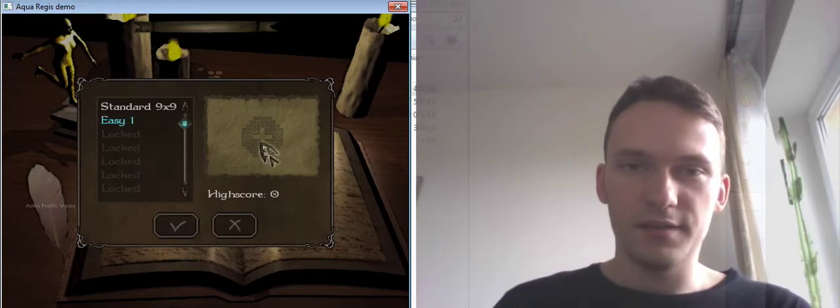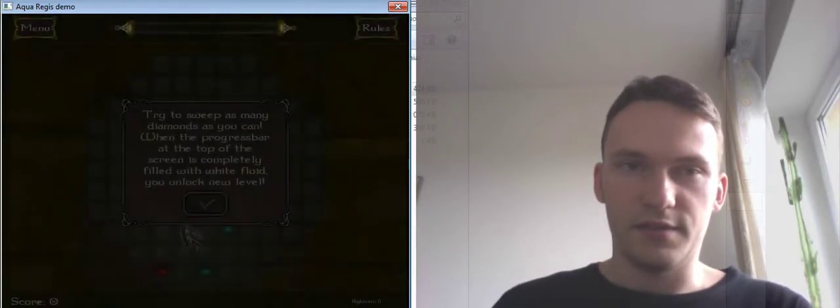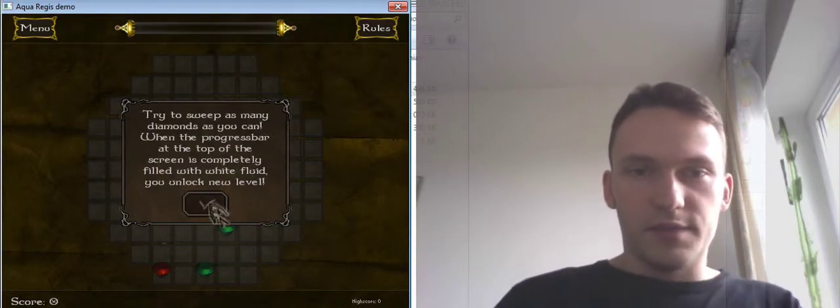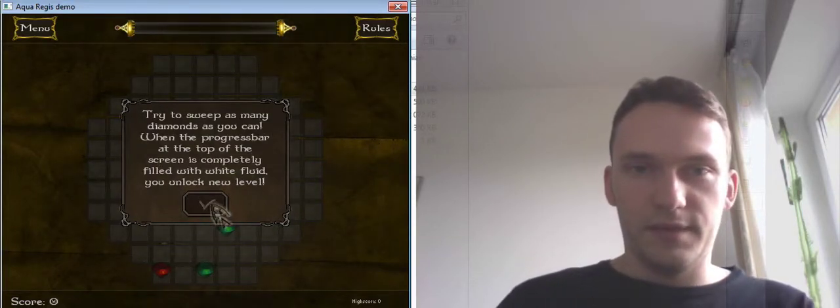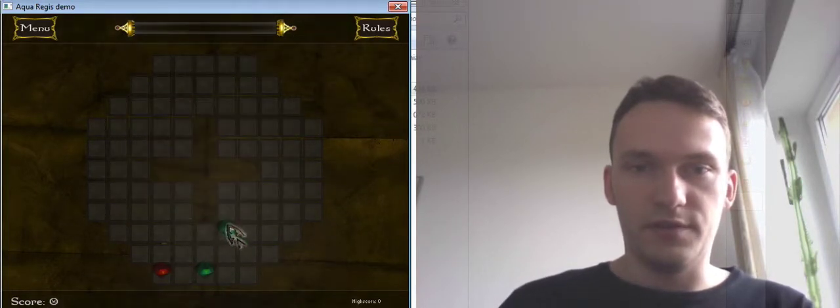And the original Lines game just has this one level. For this, AquaRegis has different levels, 10 maybe of them. And in here it presents a window which tells you that this is a progress bar and you have to fill it.